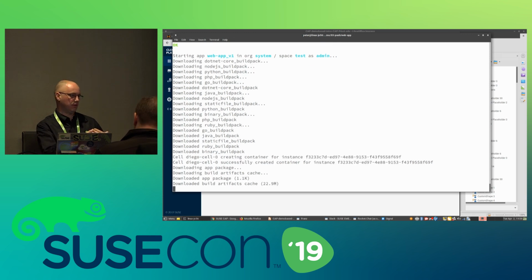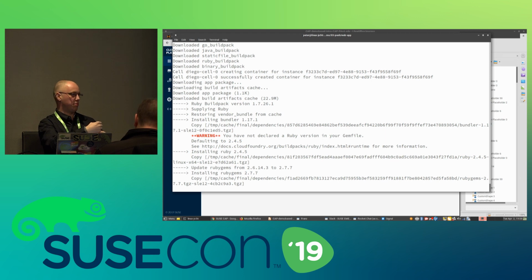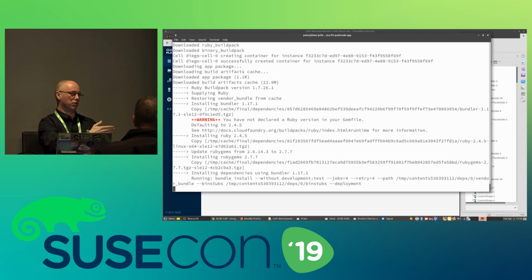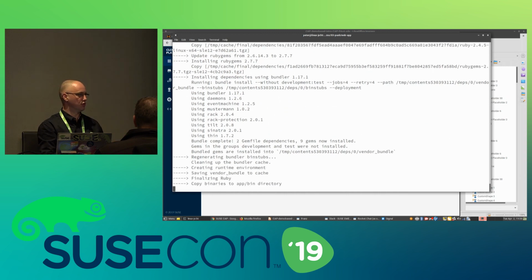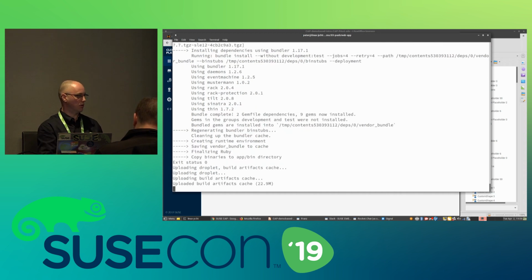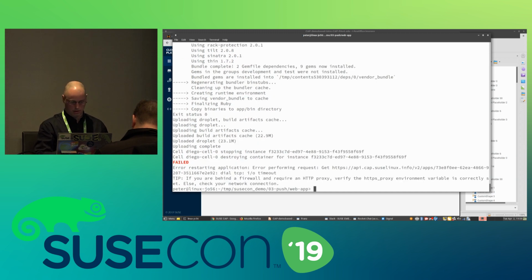Because what is happening is that the CF push command communicates back and forth with Cloud Foundry. So if the network gets some hiccups, yeah, the push fails. So you get the feedback from Cloud Foundry on what is actually happening, and that is a communication that is encrypted with HTTPS, and make sure that that's working.